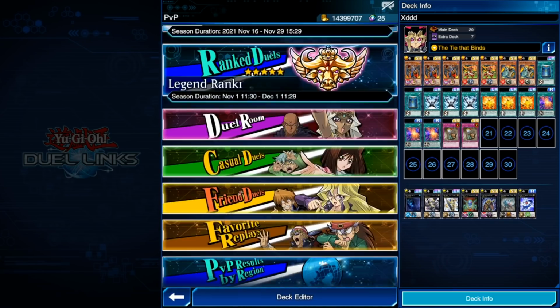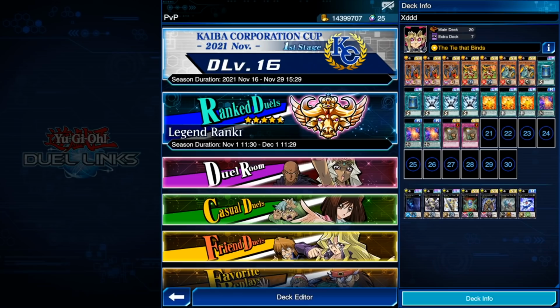Now, as for the replays, when I was playing on ladder, I was using Destiny Draw, which was definitely a worse skill to use, and I don't recommend using it, but you can if you want. In the KC Cup, I was using Ties That Bind, which is definitely the better of the two skills,